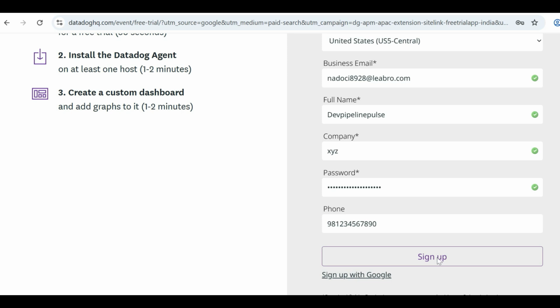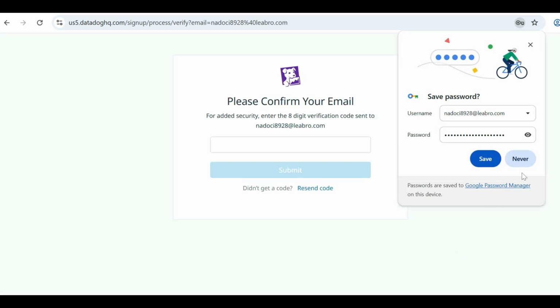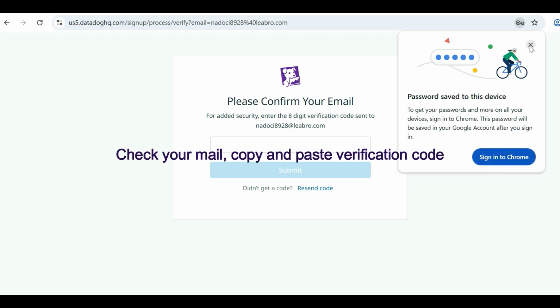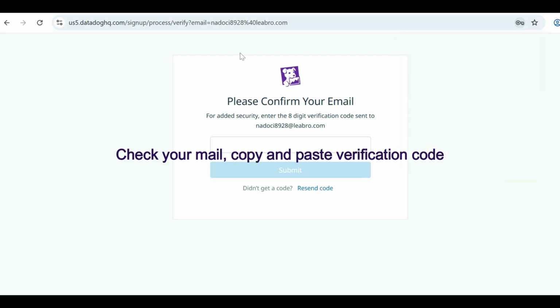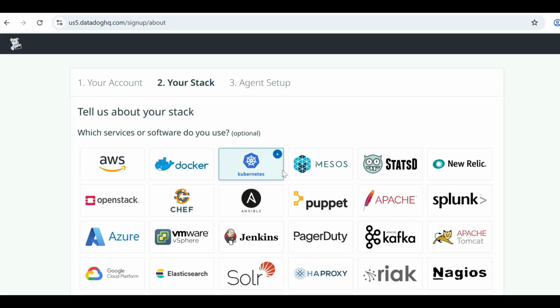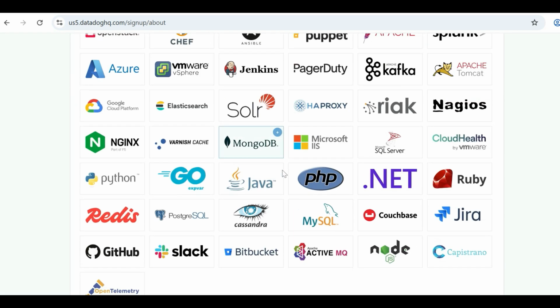So what I will do, I will sign up. Okay. So I'll save this password for future reference. Paste it here. So you have created an account in Datadog that is free for